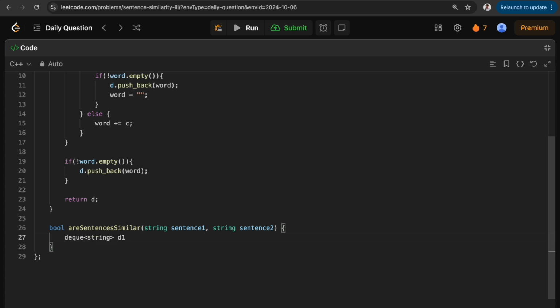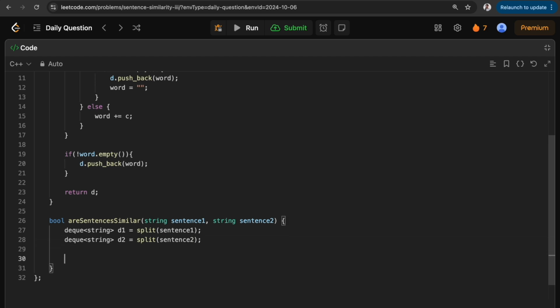Right? Now, we'll call this split function for both our sentences. So we'll do DQ D1 equals split sentence 1, and then we'll create another DQ D2 and we'll split sentence 2. Right? Now we will loop from the starting.